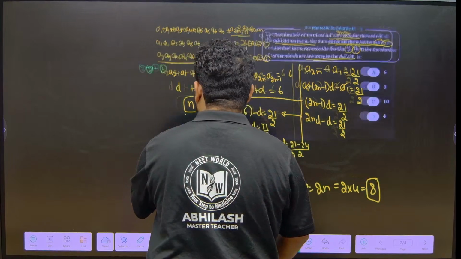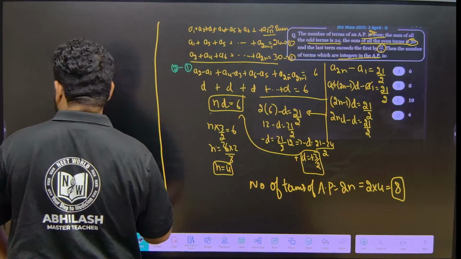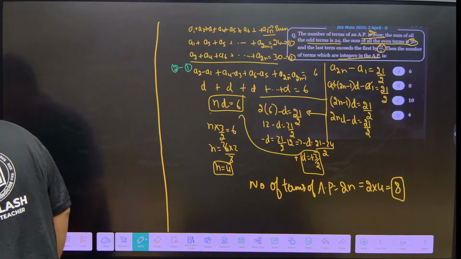Let us make use of odd number of terms. Let me write it here. This will become what? Odd number of terms means